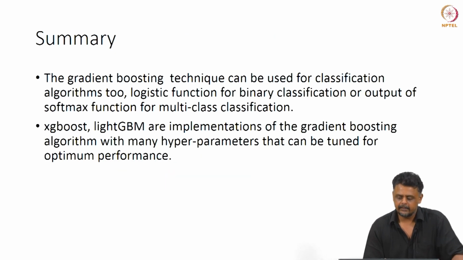Okay. So in summary, it can be used for classification algorithms also. We have seen it now for regression, but it can also be used for classification. When you are doing classification, you use a logistic function. There is a way to do that. The paper I mentioned in the beginning of the lecture describes how to do that if you use a logistic function for classification problems, or the output of softmax functions for multi-class classification. Remember that when you are doing it this way, the output is just the probability value rather than the class itself, so you will be working with the probabilities as real numbers, and then you try to move the probabilities closer to 1. That is what we would like to do.